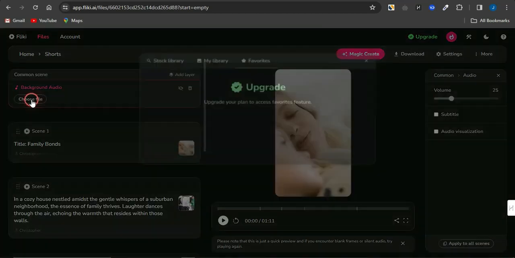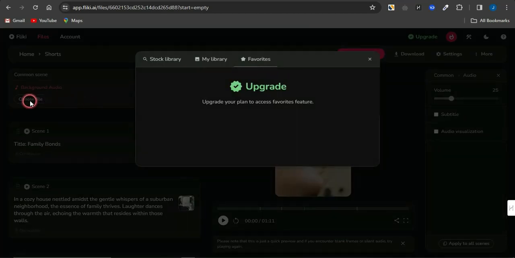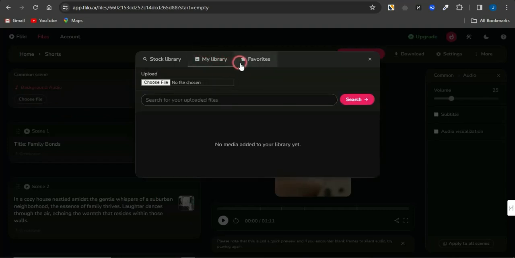Now once you are done with all this, you also need to take note of the background music that you could easily add in. If you click on background audio, you can choose a file and add it in. Now if you add something quite cool from your device, or your favorite section, as your background music right now,